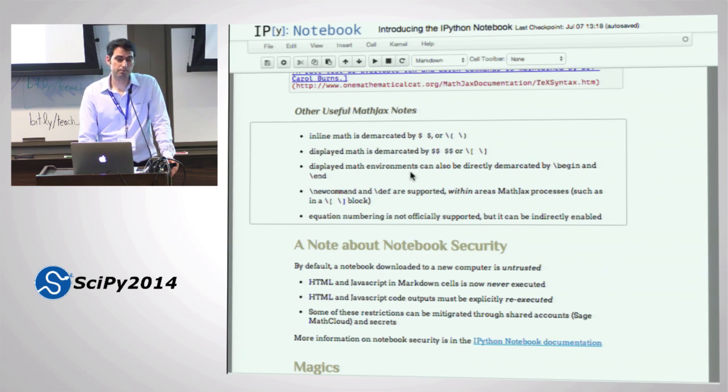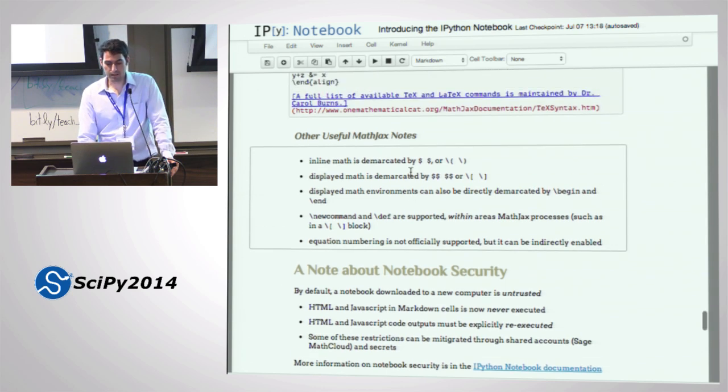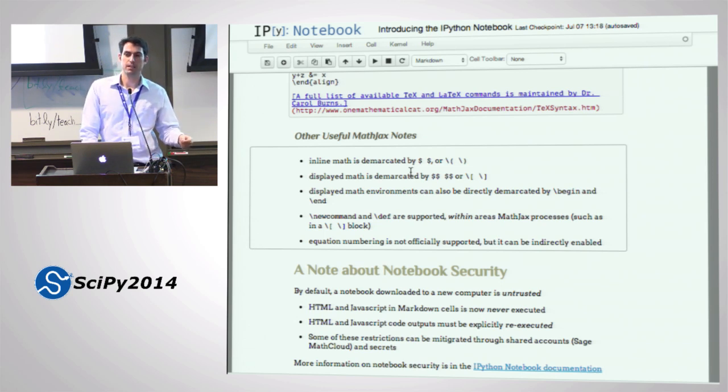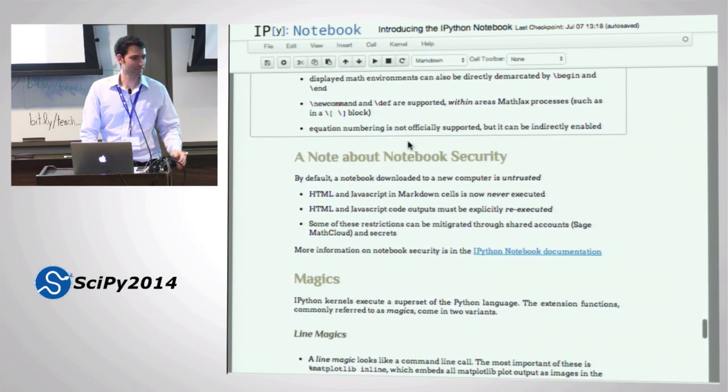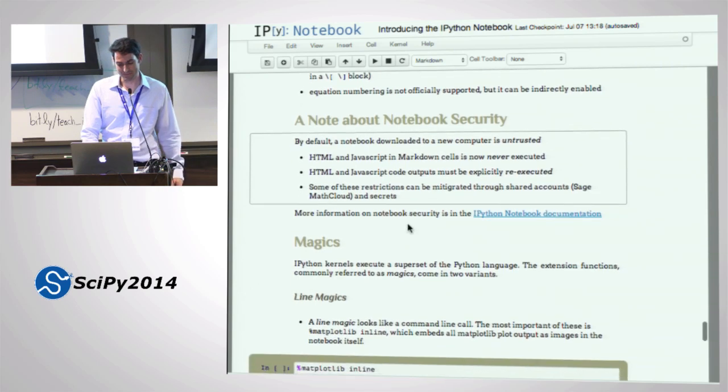Yeah, a subset. What kind of cell is the one with MathJax? The one with MathJax is Markdown. That's a very good question. Only Markdown will display MathJax like this. There's another way to do it using display LaTeX, and you give it a LaTeX string, and it uses MathJax on the back end. The question is, when I use from IPython.display import LaTeX, does that just go to MathJax, or does that call a LaTeX renderer? I never use that, but other people do. Put it in a Markdown cell.